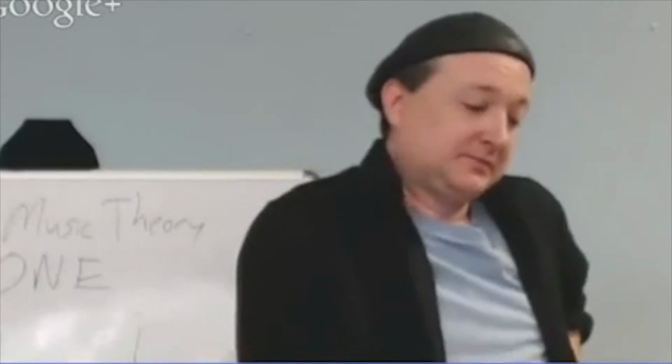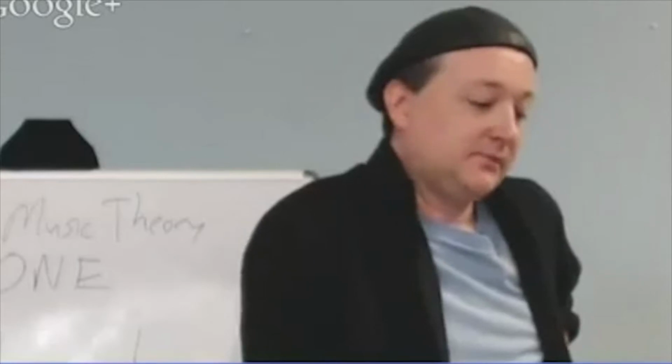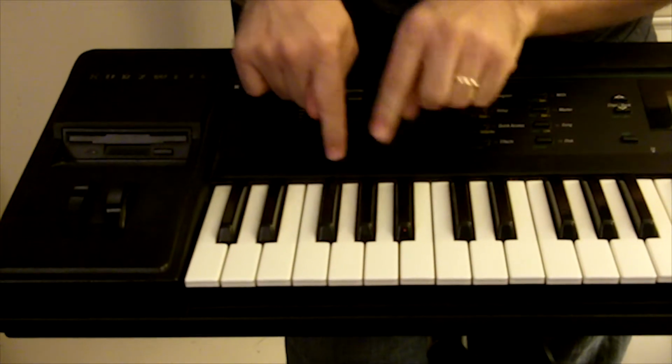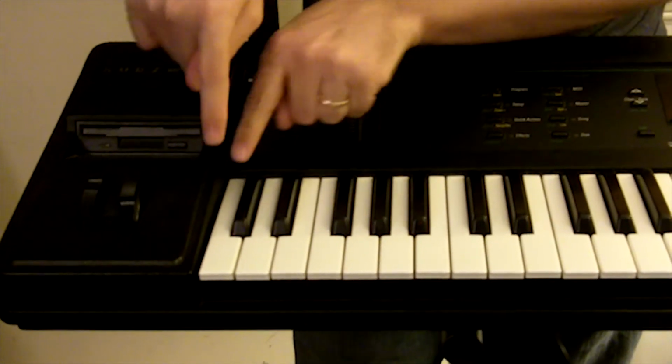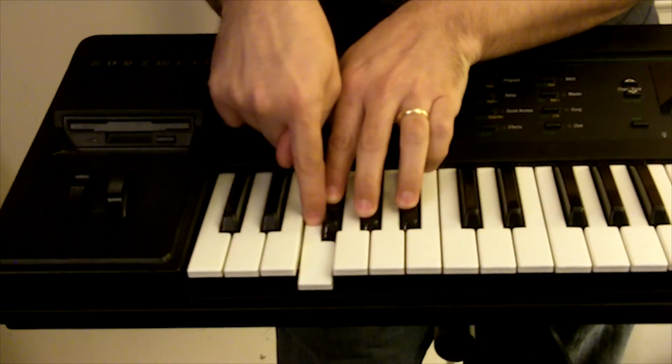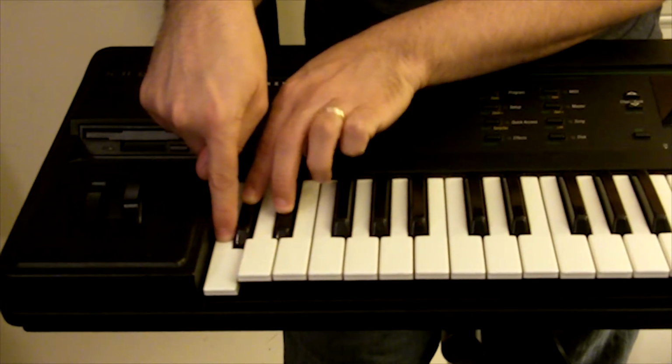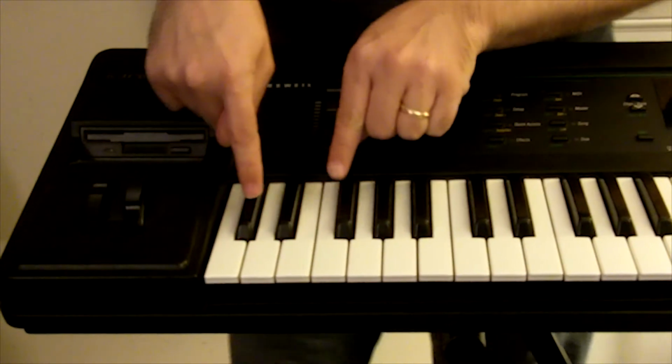Yes, sir? So then why does the keyboard start with F? When you say, why does the keyboard start, are you talking about this? Now, first, I'll correct you. This keyboard actually starts at C, because there's a grouping of 3, and that would be F. There's a grouping of C. And when you say, why does the keyboard start at, in this case, C, it's actually arbitrary based on whoever